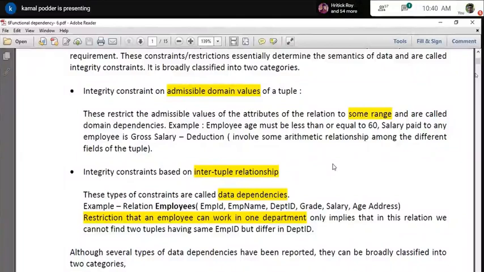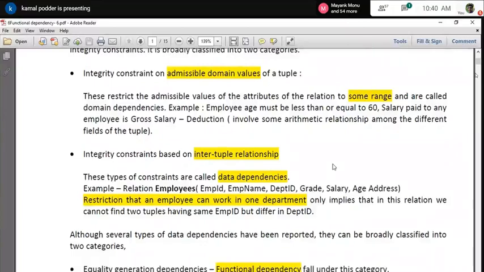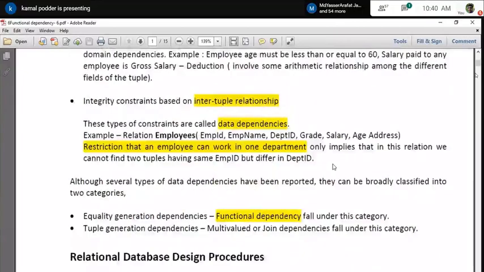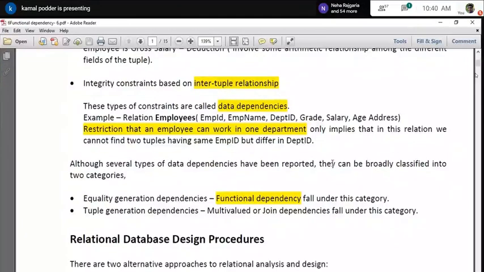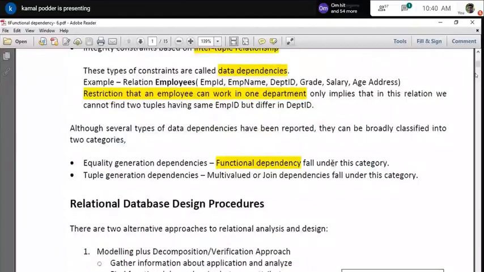In addition to that, we can write NOT NULL or CHECK constraints. That means in addition to the fundamental domain values, I'm applying some additional rule or condition. Those are also domain constraints. Another type of integrity constraint we have already discussed is the inter-tuple relationship, that is, the foreign key clause and so on, where between two tuples there is some relationship.